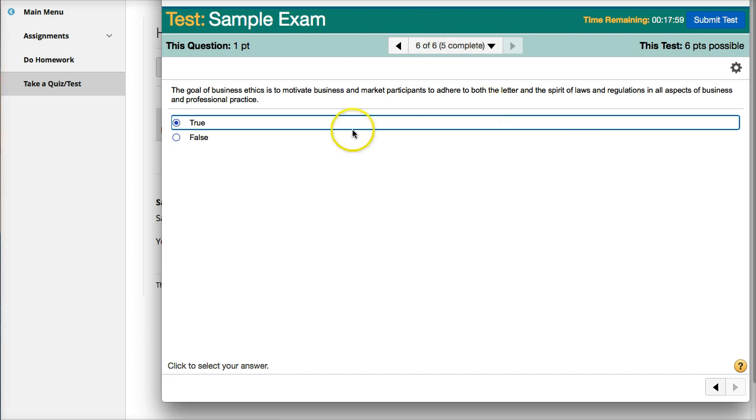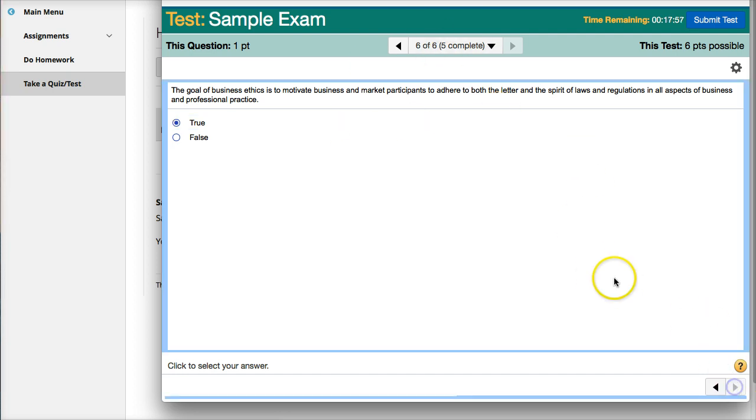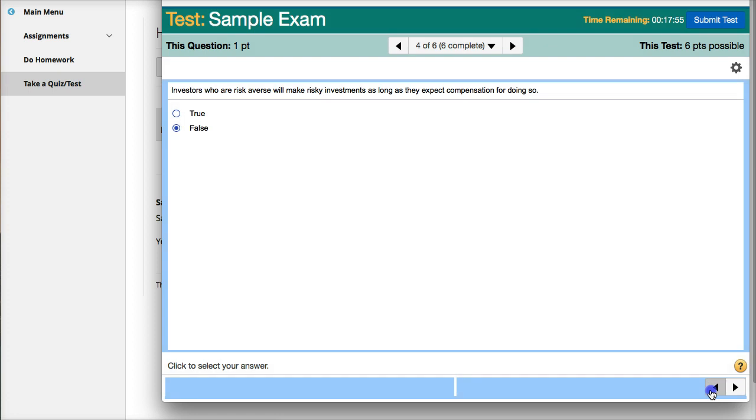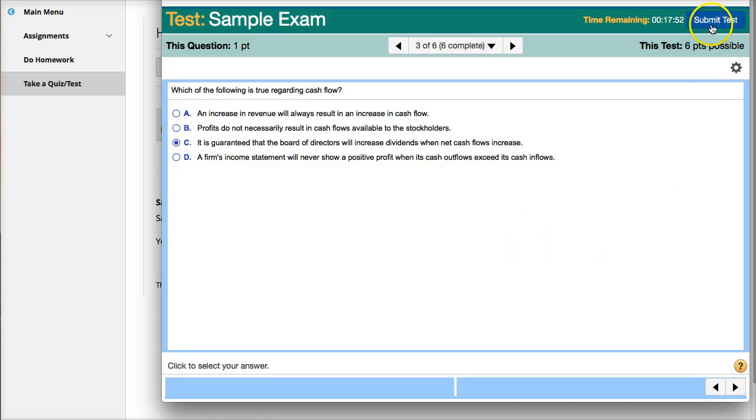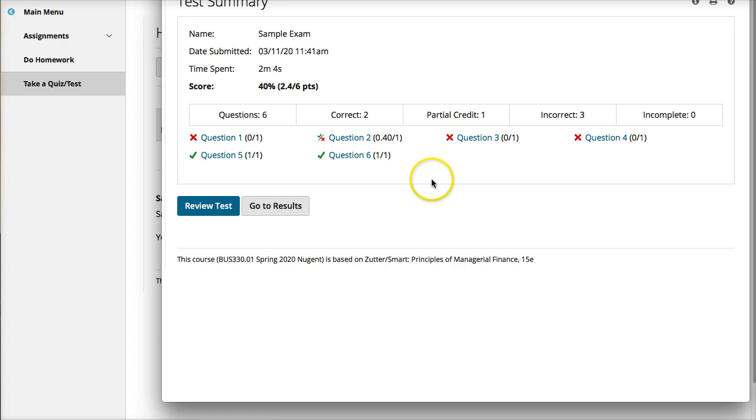And then when you get to the last question, you can't go forward anymore, so you could go back and review if you have some extra time. And then when you're done, you're going to hit Submit Test. You're not going to see the results right away until everybody's completed the exam. But in this sample exam, I left it up so when the test is completed,